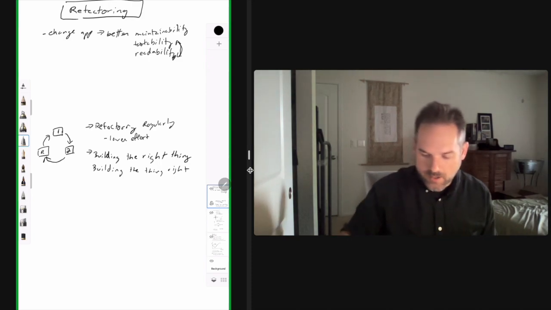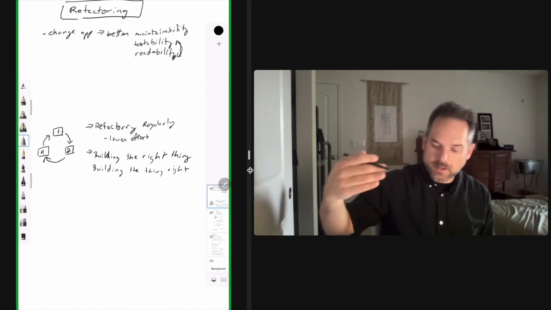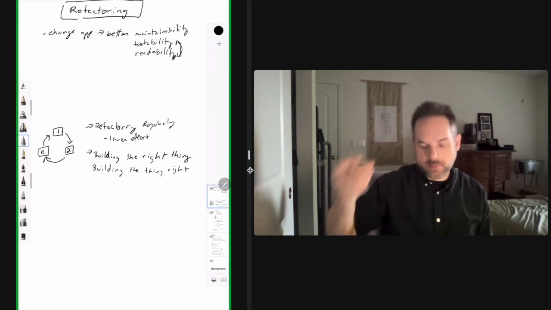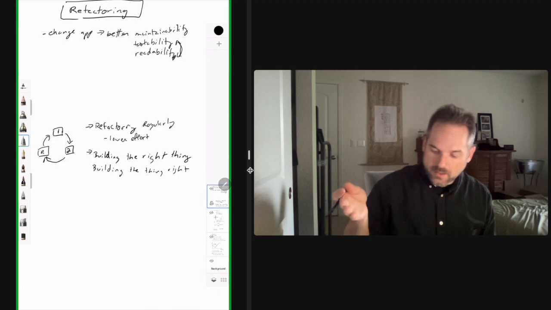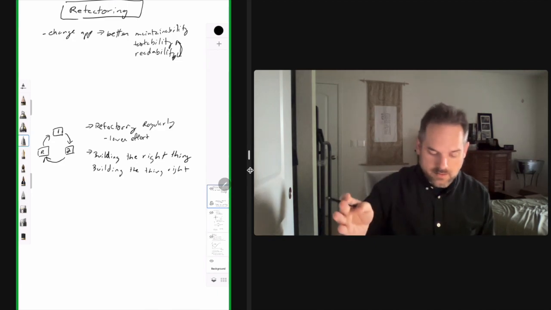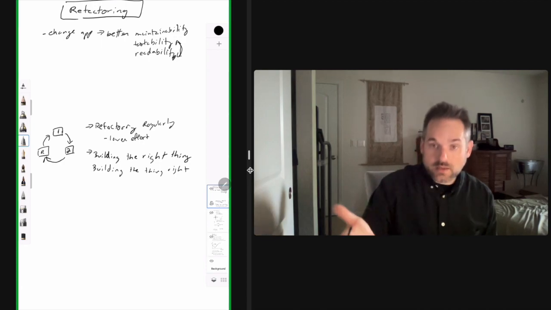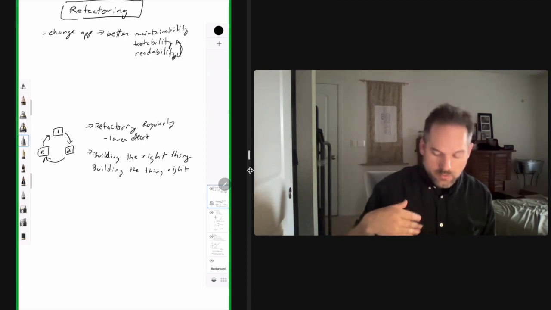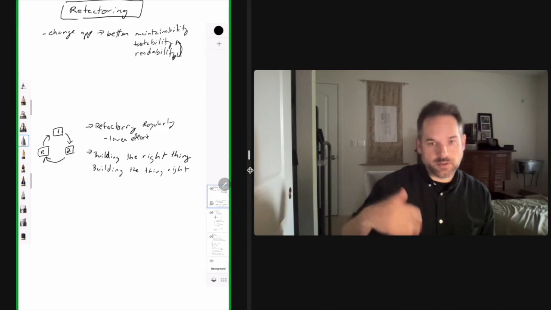So this is the second benefit, right? Our first benefit is better maintainability, better testability, better readability. The second benefit is these small efforts to find that balance between the two. So the third one, we're going to tie back into a conversation we would have had about emergent architecture and